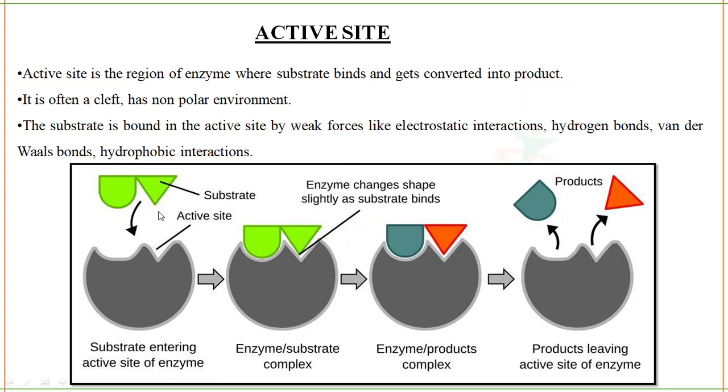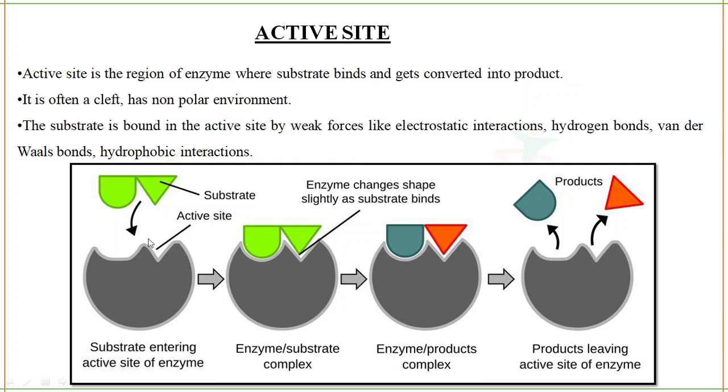There should always be weak interaction between the substrate and the enzyme, because after the substrate is converted to product, the product has to leave the enzyme. If it is forming covalent interactions, then the product cannot leave the enzyme. And for you to extract the product from the enzyme, you will damage the enzyme. So if the enzyme is damaged, you cannot reuse the enzyme, right? Therefore, the interactions between the substrate and the enzyme should be weak.